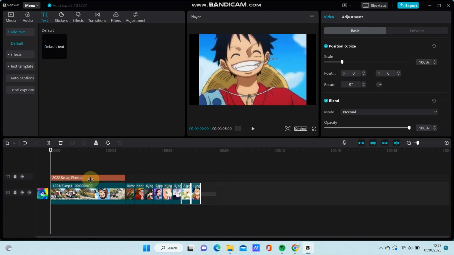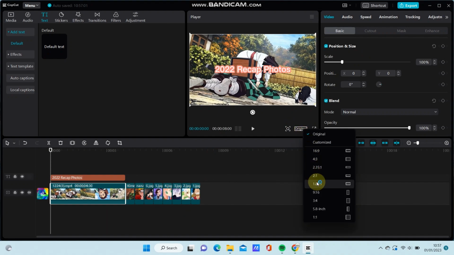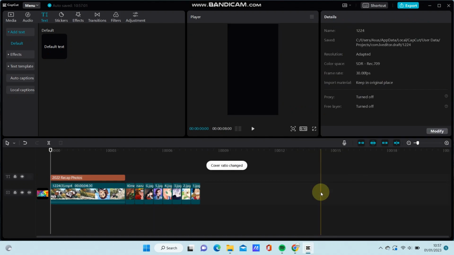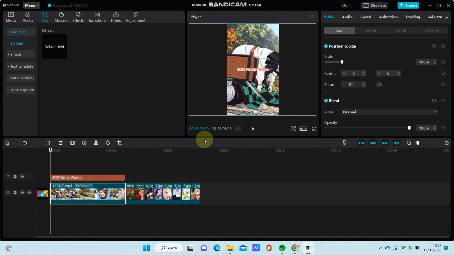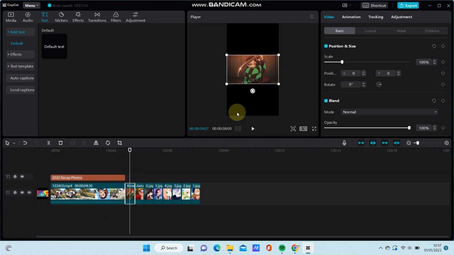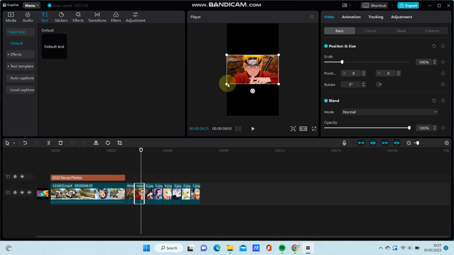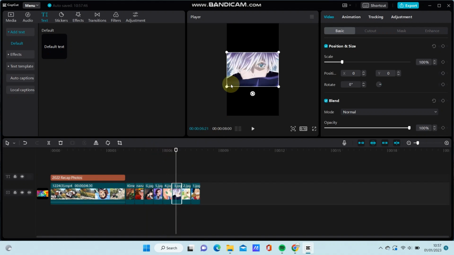Okay. After this, you can also change the aspect ratio. Just select 9:16 for the aspect ratio and edit the clip one by one. So edit. Right. After finish,